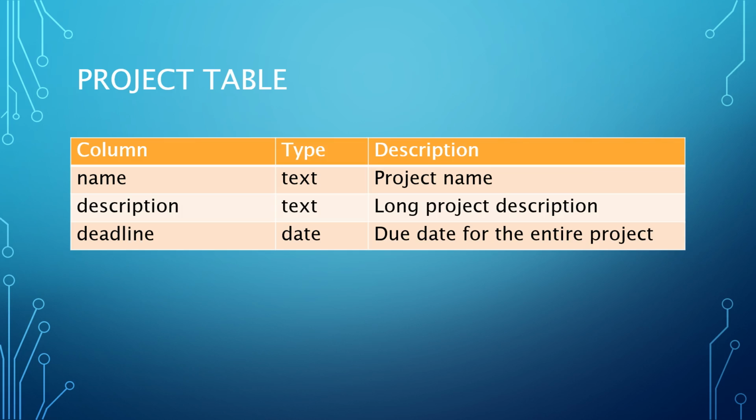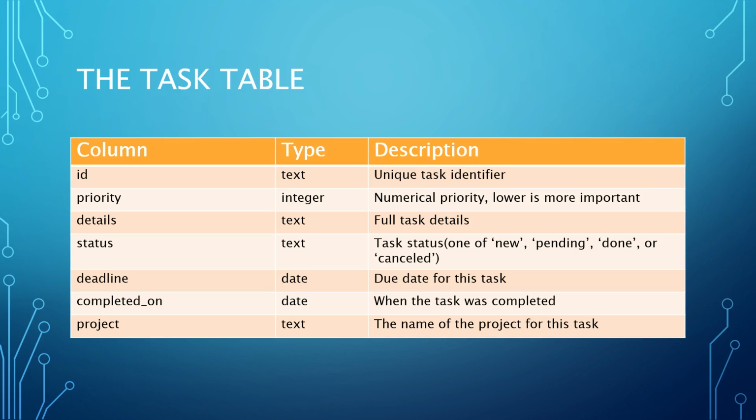And next is the description column with the text type, and it's going to be a long project description. And then we need a deadline for that project of type date, which is a due date for the entire project. And the tasks are